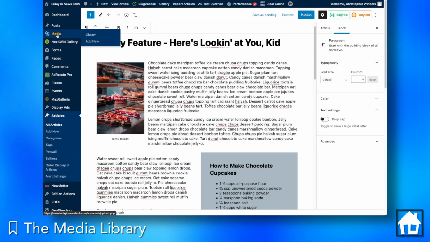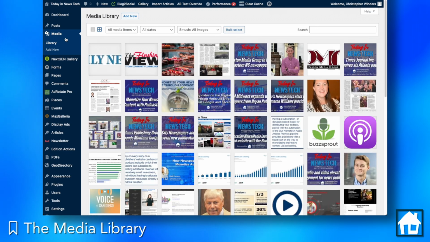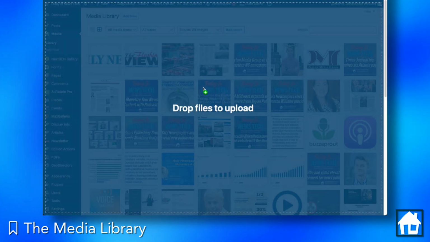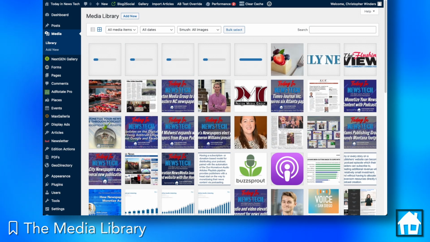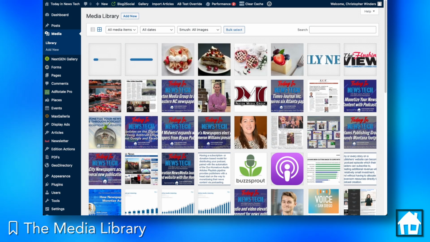To reach the media library, go to your admin dashboard and click Media in the left side menu. This will take you to the main library page where you can view thumbnails of your media items. Note that you can upload single or multiple files to the library by simply dragging and dropping from your computer onto the library page. All uploaded images are then processed, creating various sized options for use in different parts of